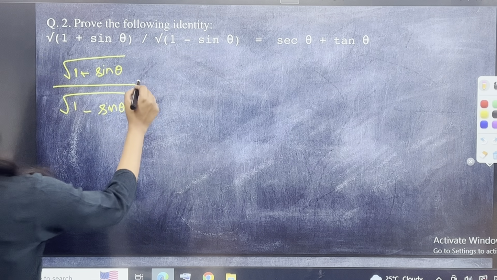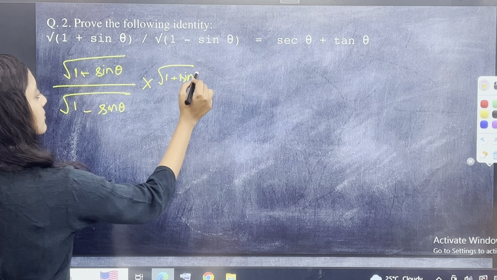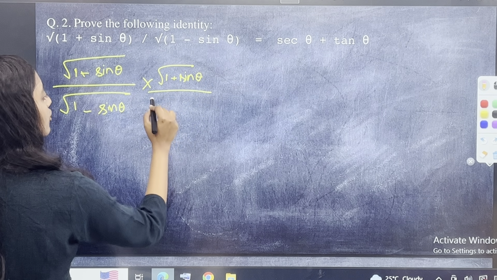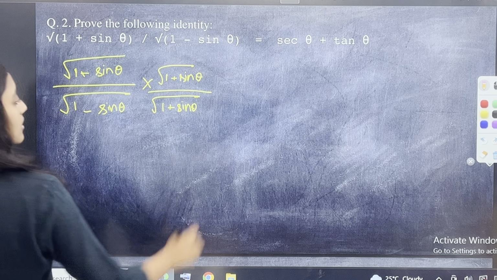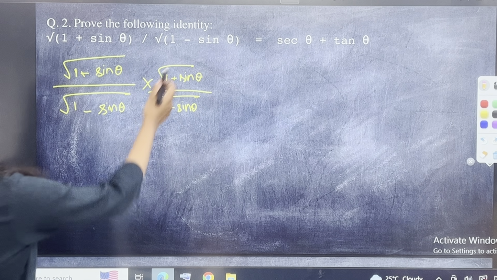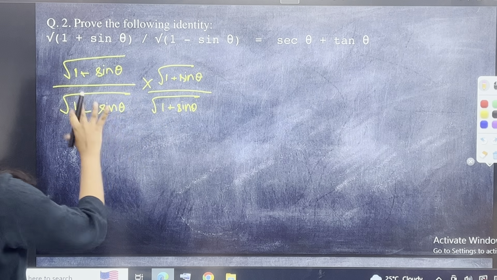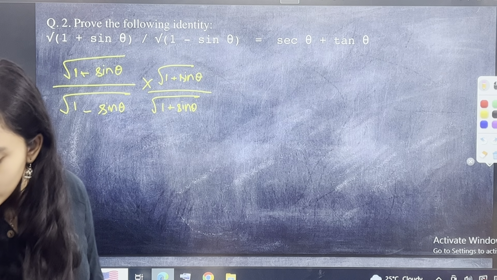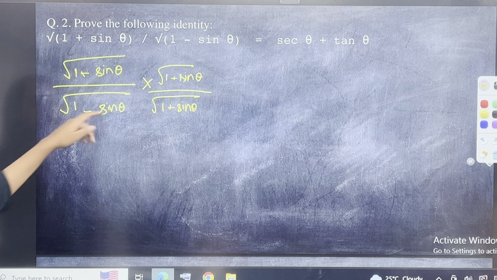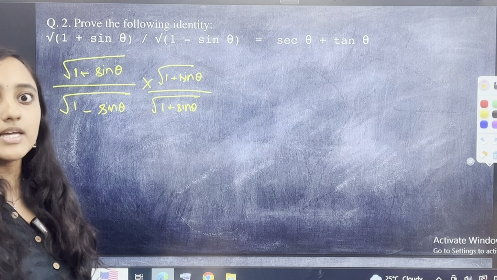So look, I'm doing into root over 1 plus sin theta by root over 1 plus sin theta. Can I do this? Yes, I can, because it's the same thing; this will cut and the same will remain. So I'm just multiplying by this to make things simpler for both you and me. So when I do that, you have 1 plus sin theta by 1 minus sin theta into 1 minus sin theta. A plus b into a minus b.